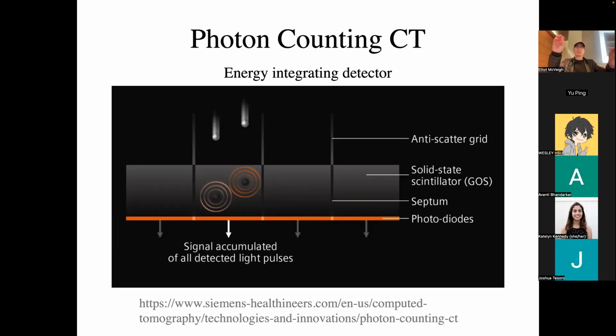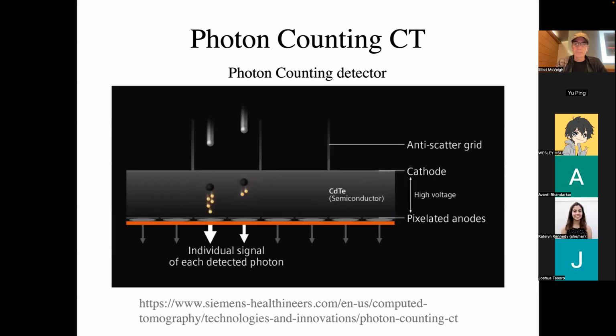So you can imagine these things are going bling, bling, bling, right? And all these signals are coming out that are proportional to the brightness of those detections. A new way of detecting X-rays, it's not that new, actually. It's pretty old, but it's just starting to become available in clinical scanners, is direct photon counting, as opposed